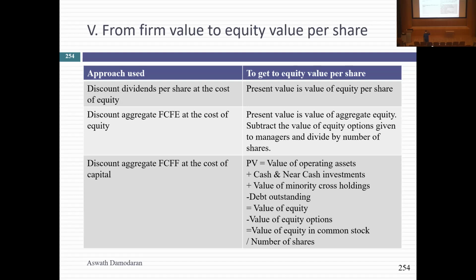Let me throw in a wild card. Let's suppose this company has been giving options to its managers as part of their compensation plan. Those options are not part of your share count because they haven't been converted. Do you think your value per share might be affected? Will it go down or up after this? It will go down because you've given away a slice of my equity. So if you have options outstanding, I'm going to value those options and take them out of your billion, since that no longer belongs to me as a common stockholder.